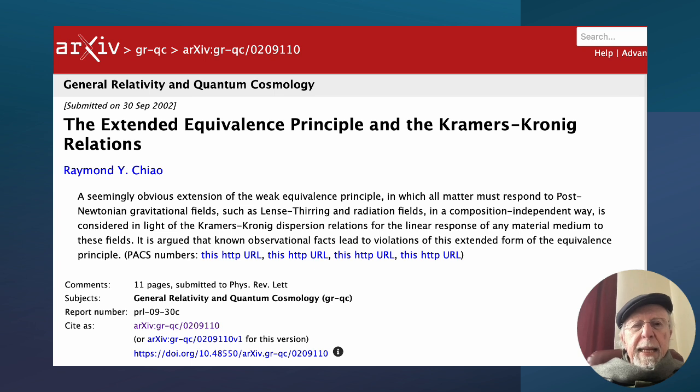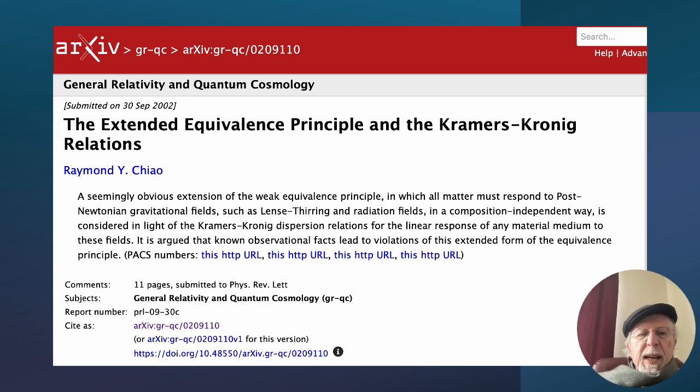This is a 2002 paper by Ray Chiao. And by the way, Ray studied with John Archibald Wheeler at Princeton, then got on to do his PhD with Charles Townes, one of the inventors of the laser, and then was for almost 40 years a professor of physics at Berkeley, having many important students like Ephraim Steinberg, who does these brilliant Yakir Aharonov weak measurement experiments at the University, I believe, in Toronto.